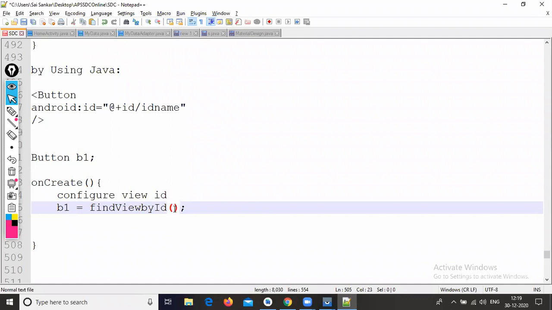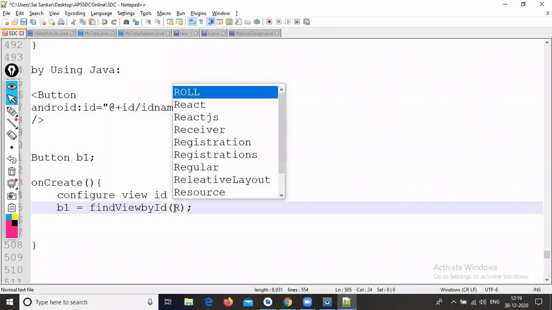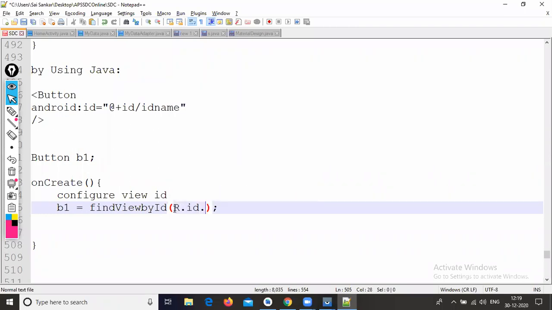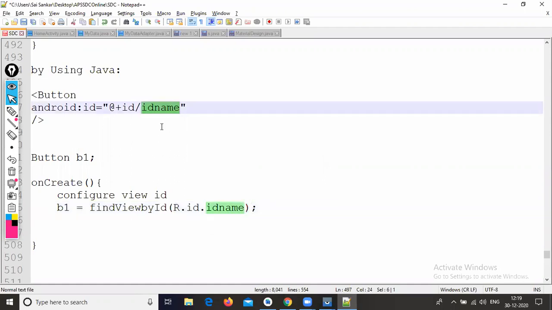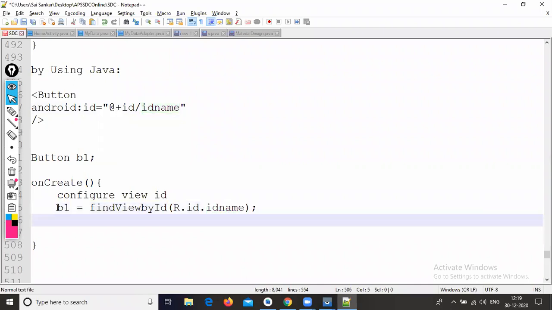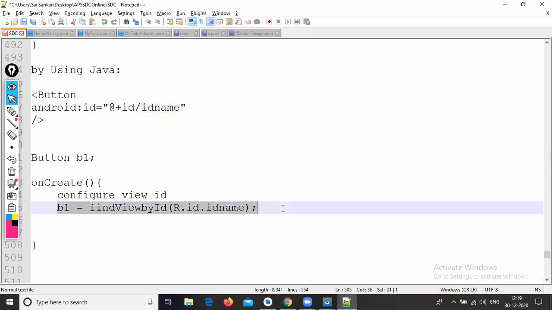Inside this method you need to configure your ID: R.id.your ID name. Whatever ID name you mentioned inside this button, you need to call that ID name inside the onCreate method. This is the way you need to configure your IDs.